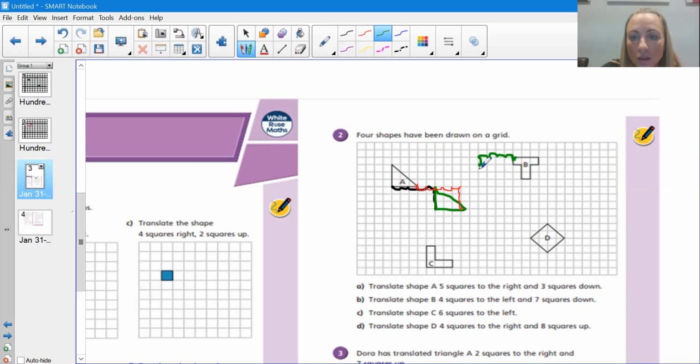1, 2, 3, 4, 5, 6, 7. So this point here is here. That's that point there. Now I could count across from this point and again do my 4 squares left and my 7 squares down,